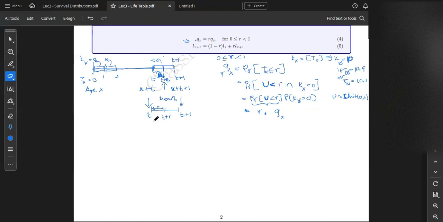And we know from the life table we can find the number of survivors at l_t, and here the number of survivors at t plus 1. So if the distribution is uniformly distributed in between these cases, and if you want to find